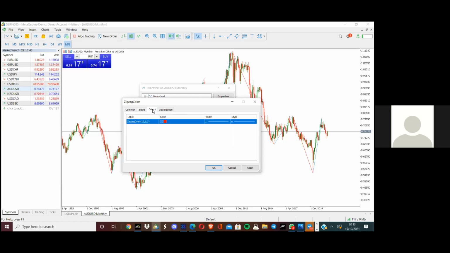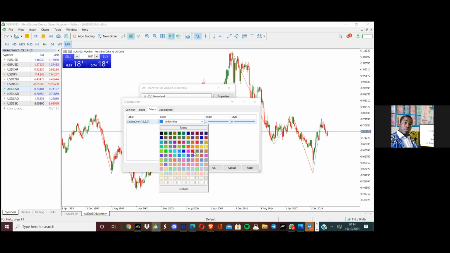Okay, first, the thing is that because our candles are already red, we don't really want that color. Of course, we're not going to really see it because we only put it on the monthly. So then what you're going to do now for me, you're going to click on the red color there. Click on that red color there. And we're going to click in the color itself and click on the drop down now. Click on the drop down. And then you're going to change that to say,